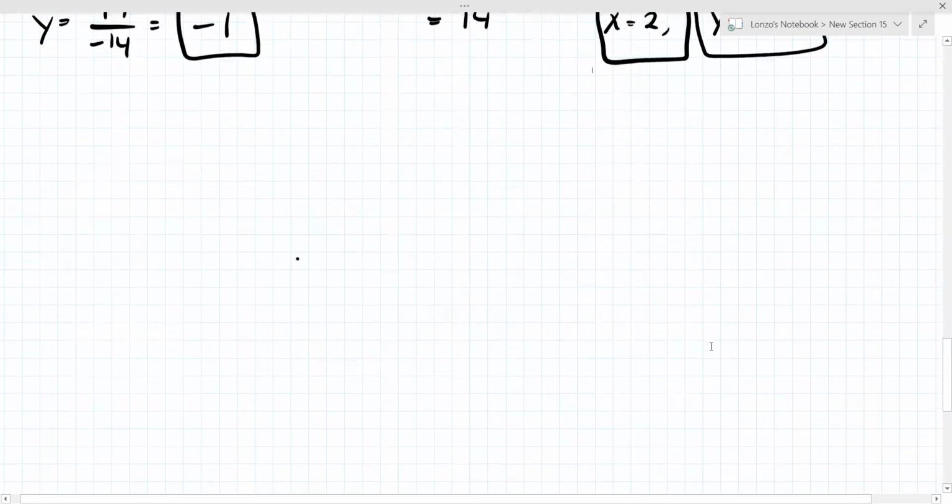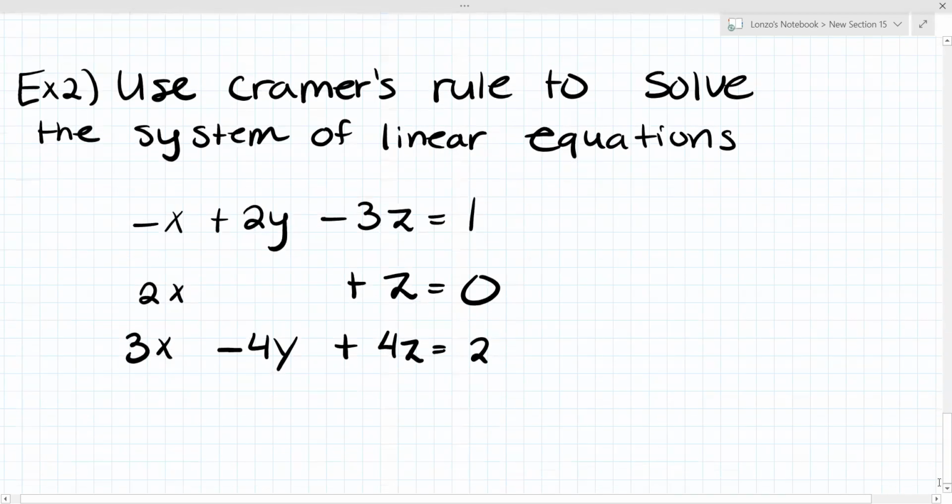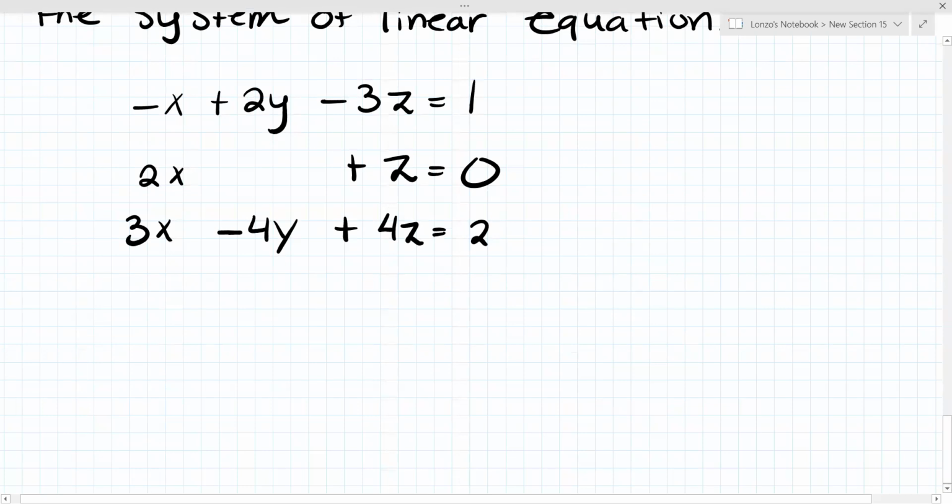Now let's do example 2. It says: use Cramer's rule to solve the system of linear equations with three unknowns. It's a little different because the determinant is a little more work. So let's first find the matrix for the regular determinant. Starting with the x column, I'm going to list the coefficients going vertically: -1, +2, and 3. Then on the y column we have a coefficient of 2, and then over here we have nothing, so you just replace that with 0, and then over here we have -4. And then over here we have a coefficient of -3,